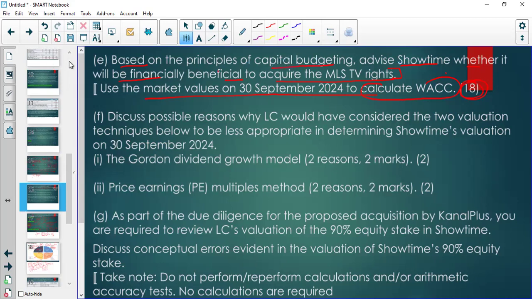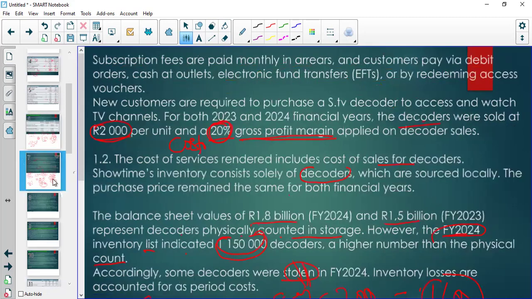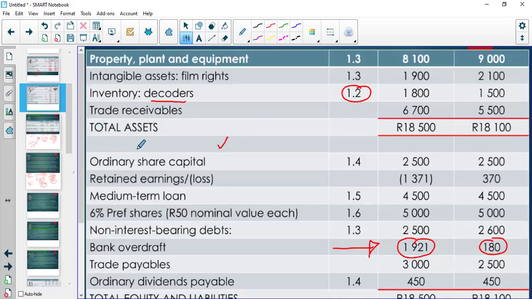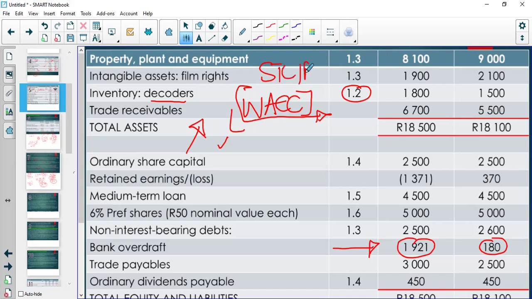All right, so let's go to those principles, whether we must acquire MS. So we're looking for the portion that talks of acquisition. Before we even go to the acquisition, we need to determine the WACC based on market values. The first job we have to do is to identify the long-term sources of finance, because WACC is based on the permanent capital structure, right? Remember, we exclude short-term loans and bank overdrafts,